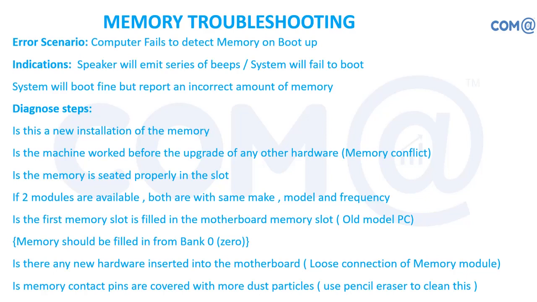So just find out, is it because of a new memory module? Before the upgrade, if the machine worked, and only after the upgrade the problem occurred, you can check with the user, right? Or you can check by yourself whether it has happened because of upgrading the memory. For any issue in computers, we will understand what is the last change we made with the computer or with the server. We will refer to the last change we did. Then only can we come to a conclusion and take a decision.